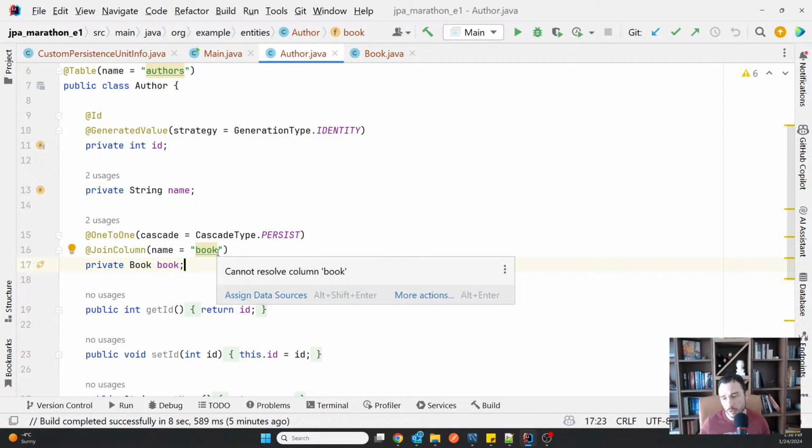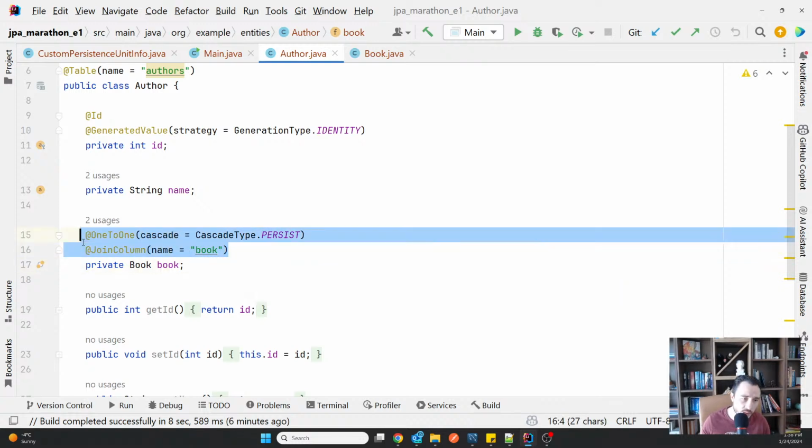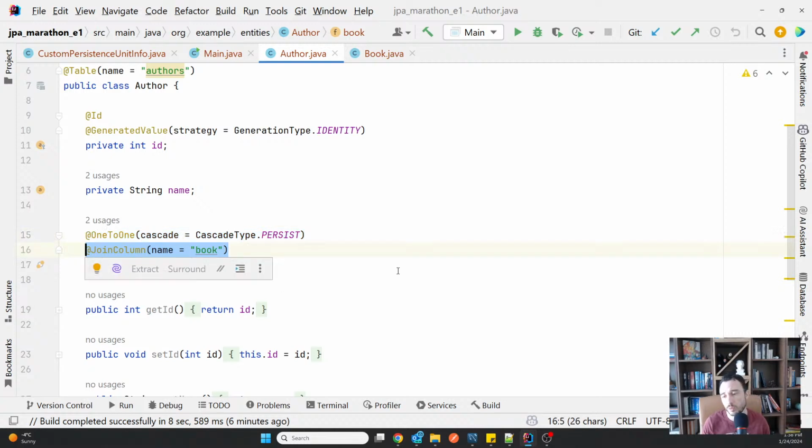MappedBy is always on the opposite side of the ownership, and JoinColumn, however, is an annotation that you will always see on the ownership side of the relationship, because that's where the foreign key is.